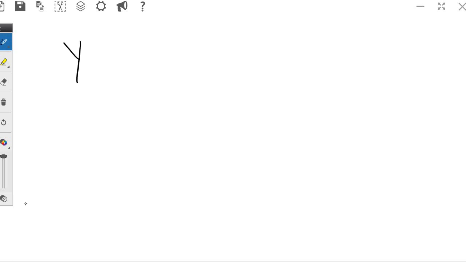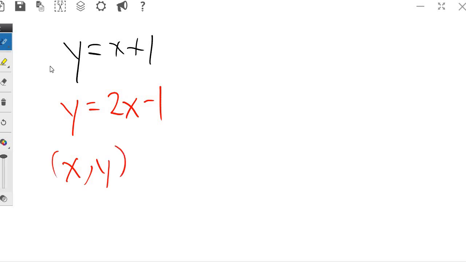Just a recap of what we did before, right? For topic 24, we said x is equal to x plus 1, right? x and y could be anything. It's an infinite number of solutions, but then we were given another equation, y also equal to 2x minus 1, and we narrow it down to just one pair of numbers for x and y. Our goal is to find out what numbers would make both of those equations work. So last time what we did was we graphed those equations, right, because this is y equals